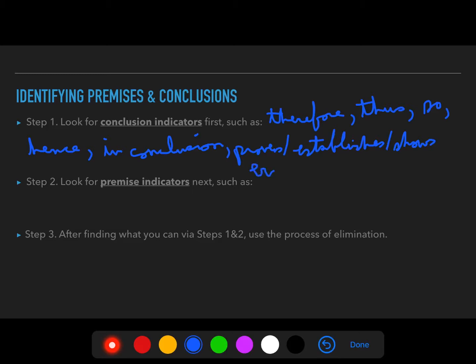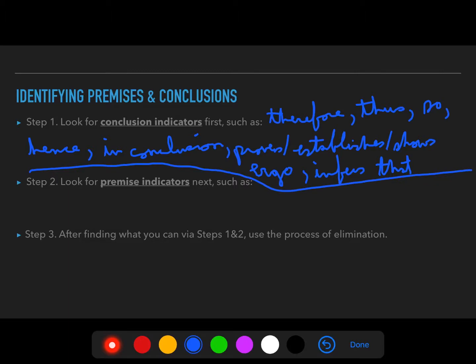Ergo, E-R-G-O, is a fancy Latin term that you'll sometimes encounter, meaning therefore. And finally, I'll just mention infers that. Okay? We're going to come back to that one. Now, we can't make an exhaustive list. There's plenty of other possibilities, but this is a good working list, maybe some in your textbook as well. It's good to start by memorizing those if you don't already know them intuitively.